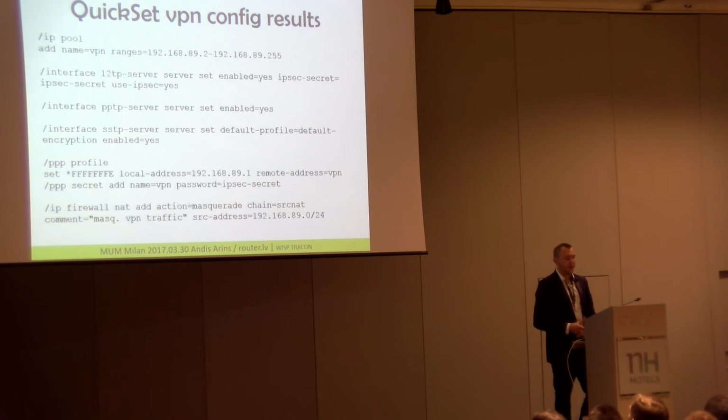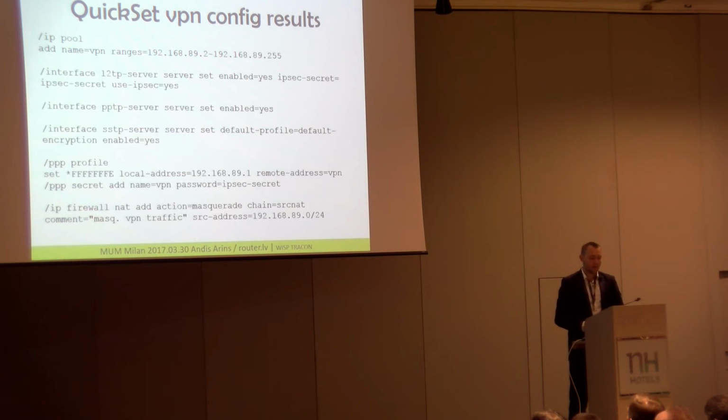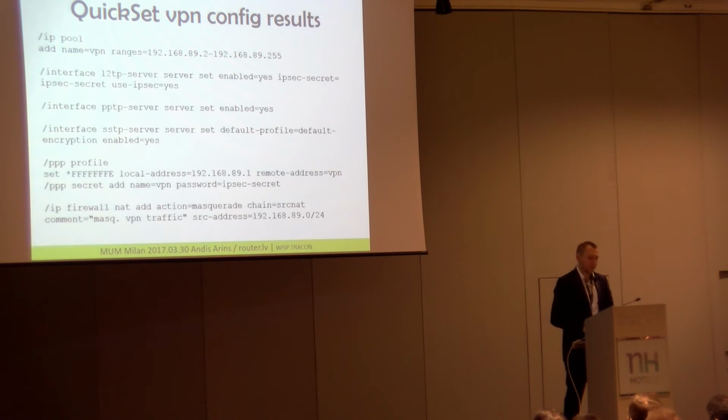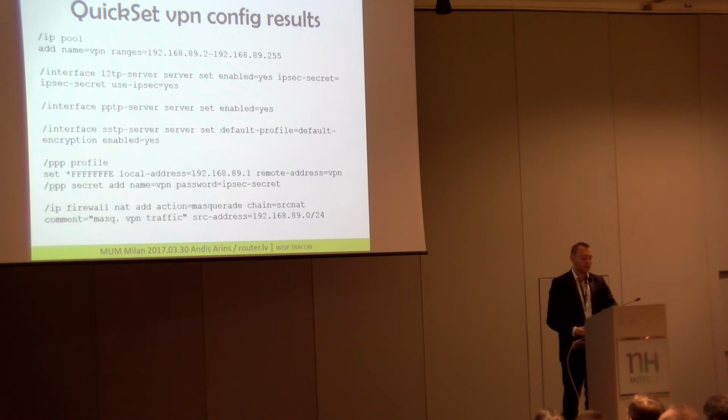These lines in the configuration are generated. First of all, QuickSet is creating a new pool. Maybe you have already used, somewhere in default configurations, the subnet 192.168.88. That's very popular for local networks. Then here comes the next subnet. If you see it somewhere, you can think that QuickSet made the VPN configuration. It's subnet